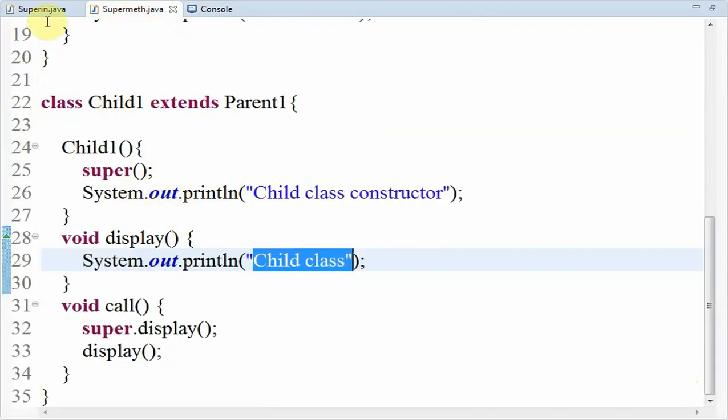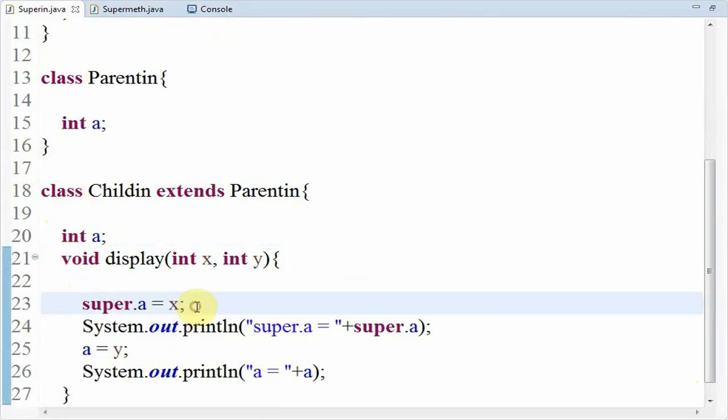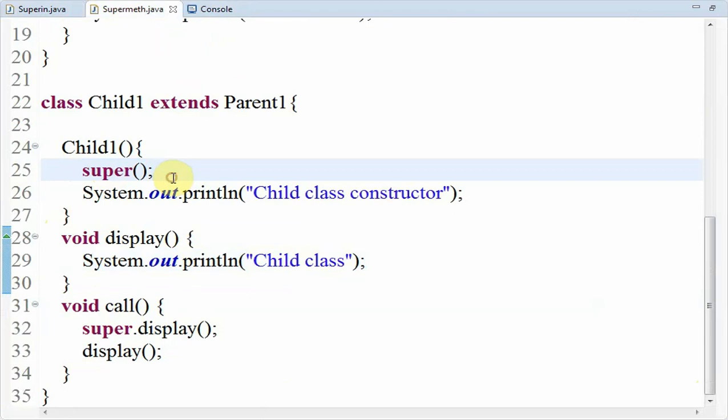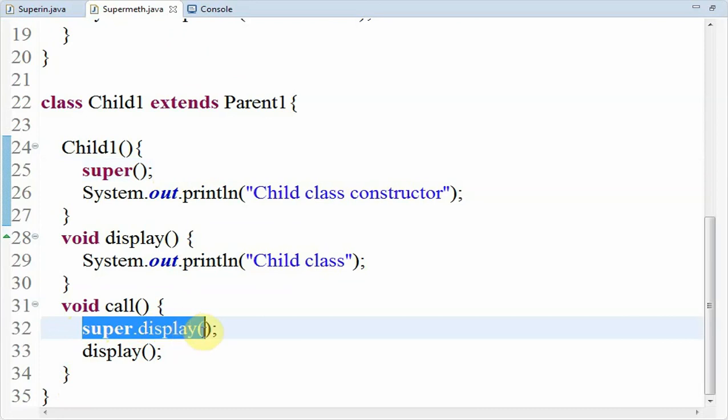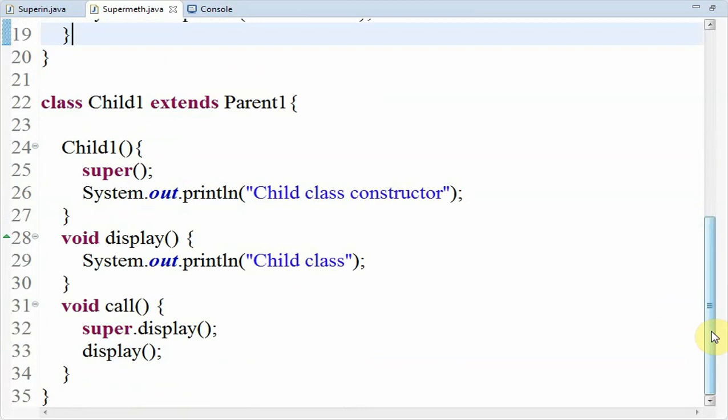So this is the purpose of the super keyword. The first purpose is, when the variable names are the same, we make use of the super keyword in order to solve the ambiguity. The next purpose is we make use of the super method in order to invoke the parent class constructor. And the other one is we make use of the super keyword in order to call any method, which means it directly goes to the parent class and prints the value present in the parent class's method. So all these three purposes I have explained to you in this video. I hope you understood the purpose of the super keyword in Java.